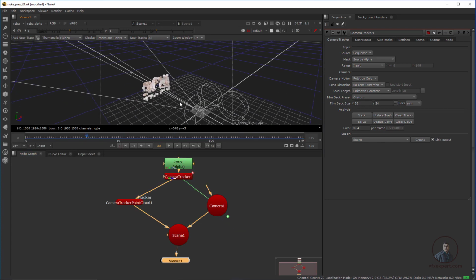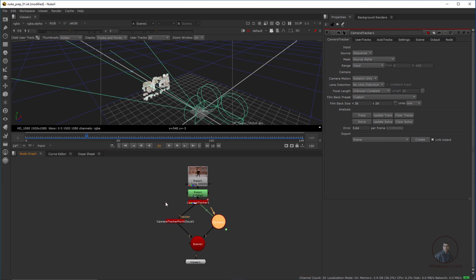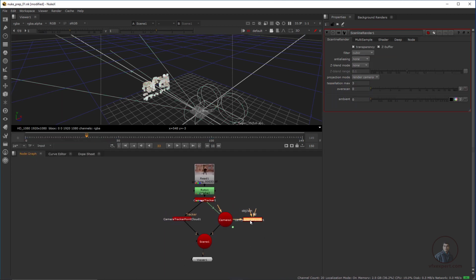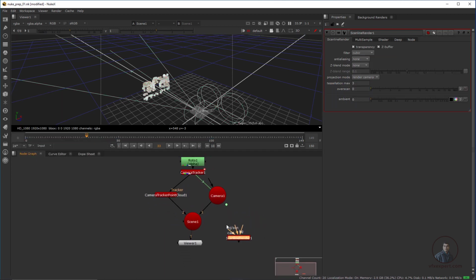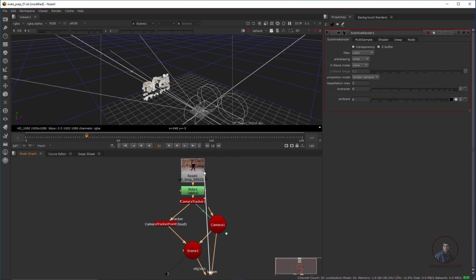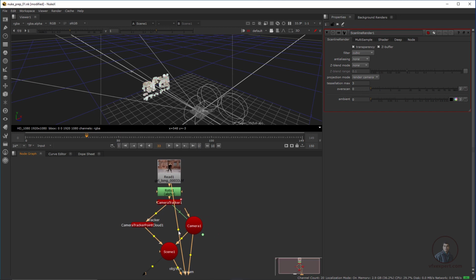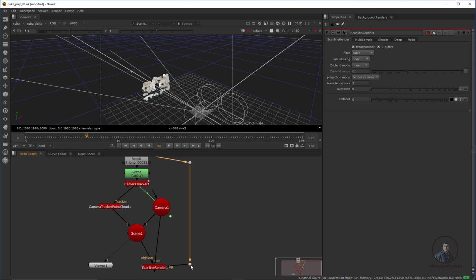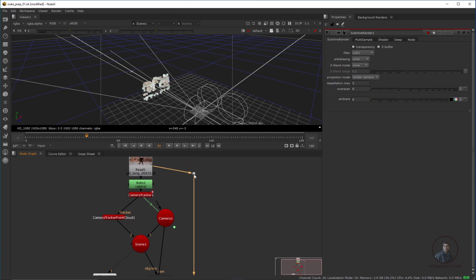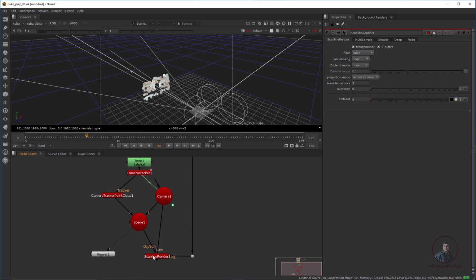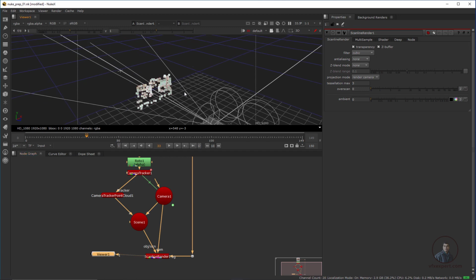Then after this we have to take a scanline render. This scene we have to connect here, and this camera we have to connect here, and this background we temporarily connect with our original footage. Then hold control and adjust a little bit like this, so you can easily understand. So like this. Now select this one and press 1, then press tab again.